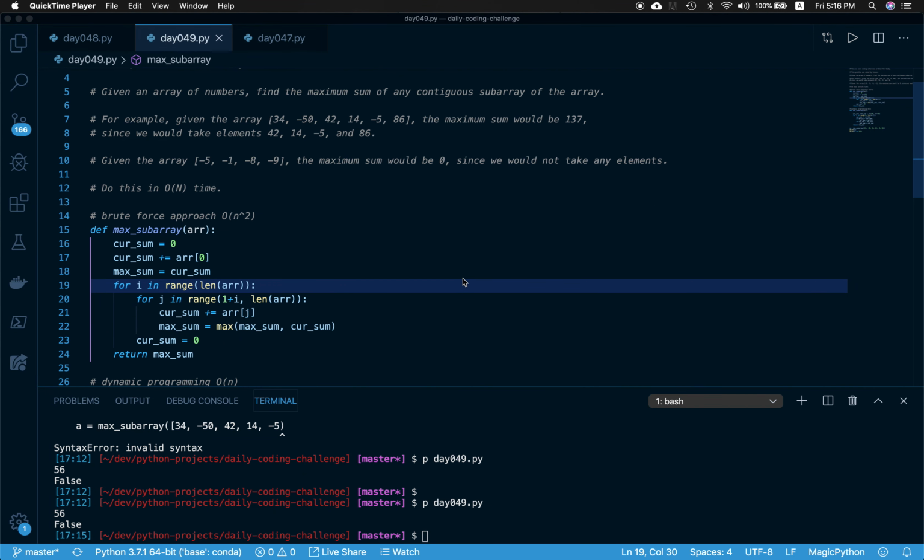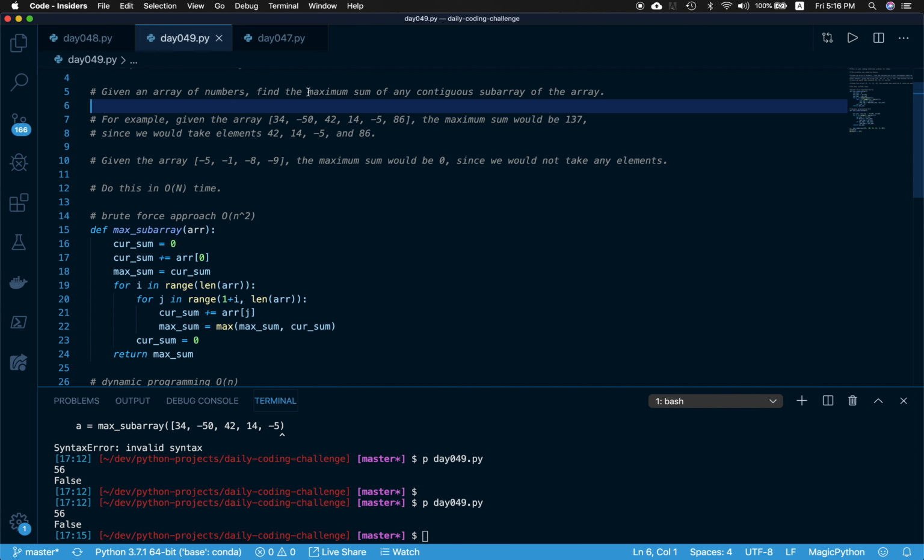Given an array of numbers, find the maximum sum of any contiguous subarray of the array. So the keywords are, we need to return the maximum sum of what? Contiguous subarray. Contiguous meaning they are